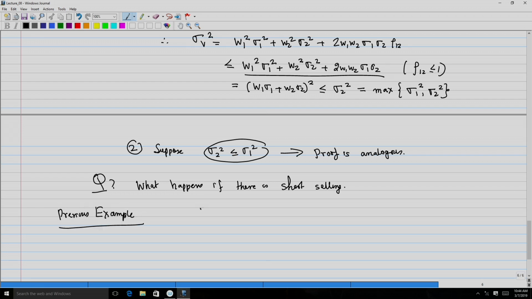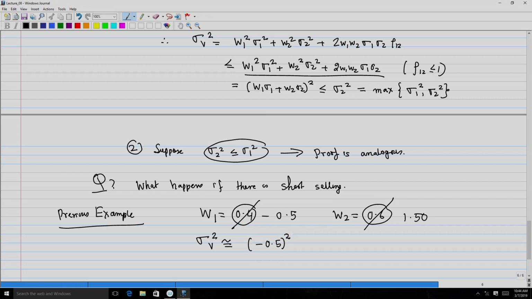So, again we consider the previous example, but the only thing that changes now is that instead of W1 being equal to 0.4, we change this to minus 0.5, which means we are short selling the first asset, and W2, instead of 0.6, we change to 1.5. So, W1 plus W2 adds up to 1. In this case your sigma v square will be approximately minus 0.5 square, which is W1 square, into sigma 1 square, which is